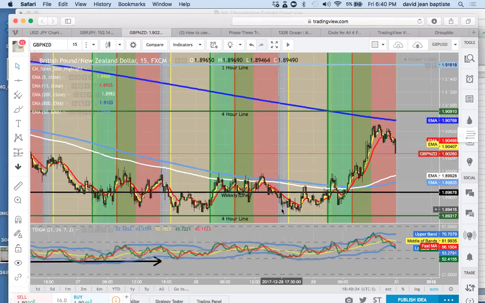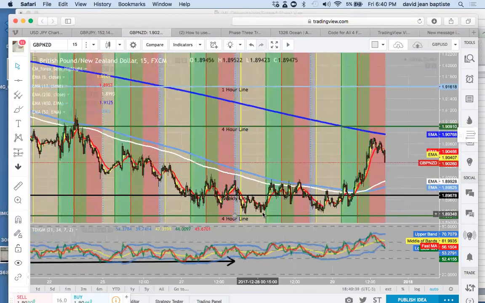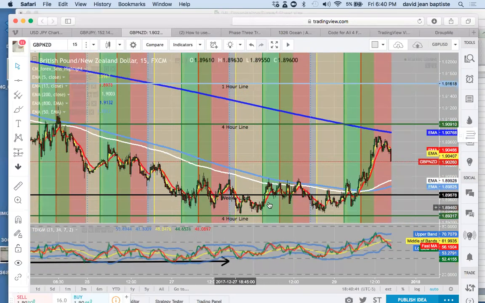I would say on average is about 50 pips. All right. So one thing I realized was that it was respecting the 4 hour line, and this also created the low of the week, which is the peak formation. All right. So the way it works with the TDI is